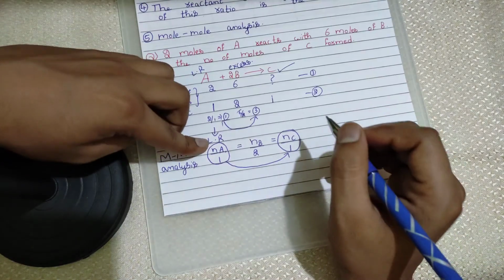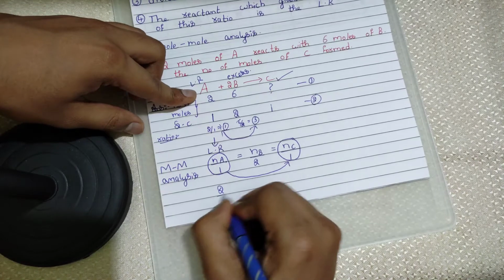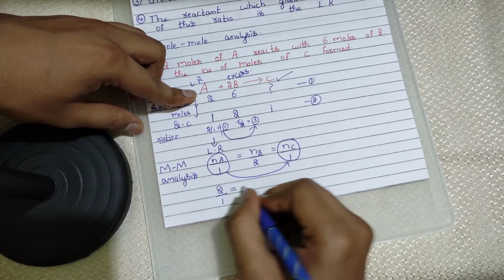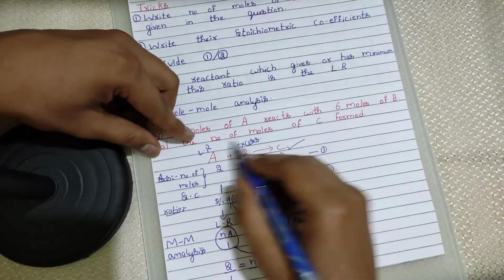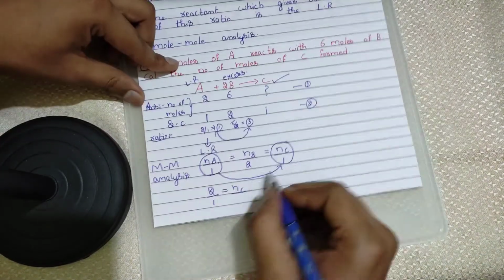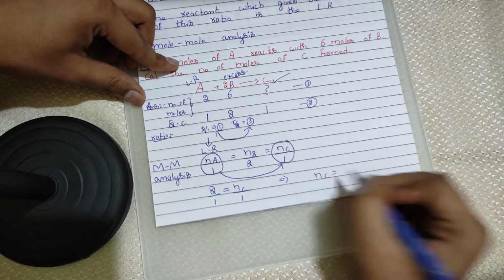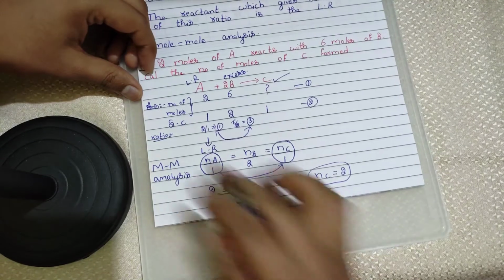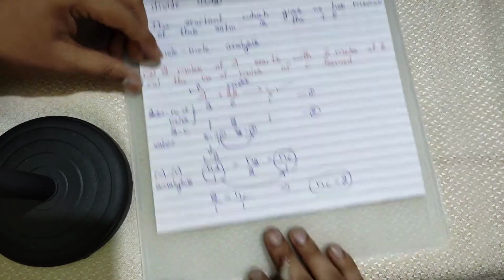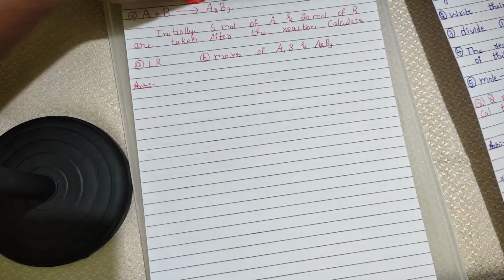Now how many moles of A have they given us? 2 moles, right? So 2 by the stoichiometric coefficient 1. Number of moles of C we have to find, with coefficient 1. Therefore from this we can derive that the number of moles of C is 2. We got the answer. In just 3 or 4 steps we got the answer. It's as simple as that. Just a little bit of practice we need, then easily we can do it.